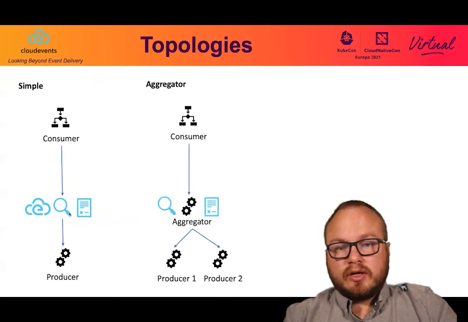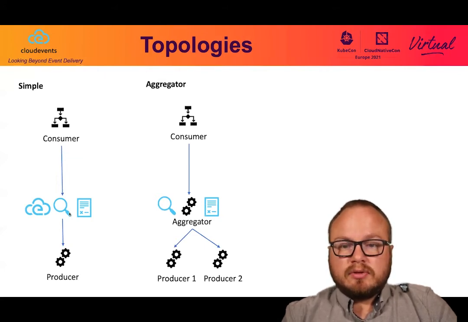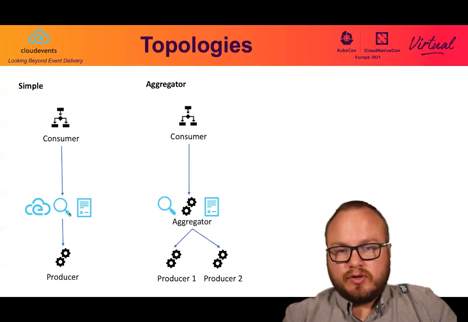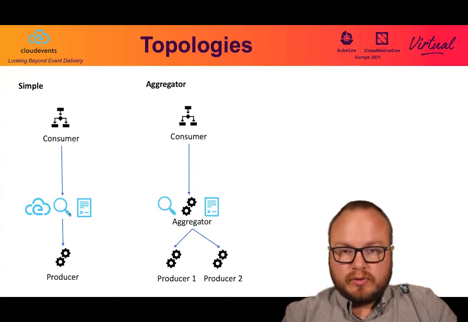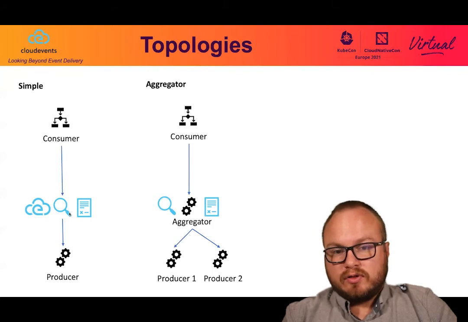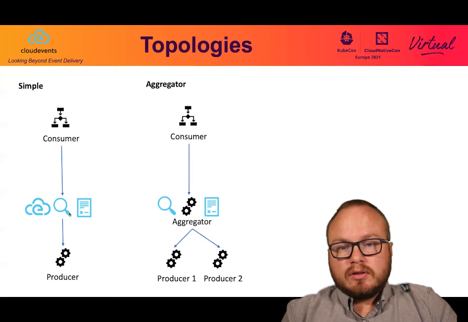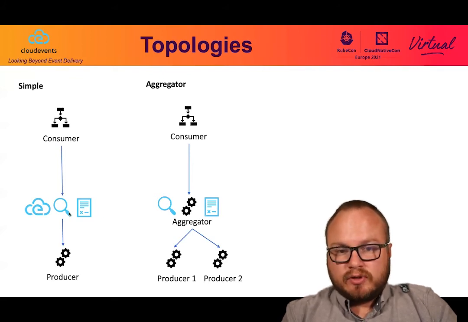Then there is the aggregator one. We can have a system that will aggregate different CloudEvents from different producers and will expose the same discovery API and subscription API. So as a consumer, you can just go through your aggregator and retrieve any events known by this aggregator. That's a simple use case of an aggregator. You can still sit on the same network.